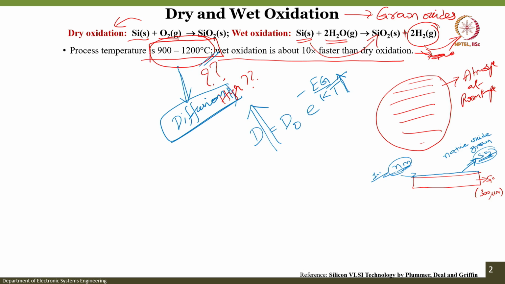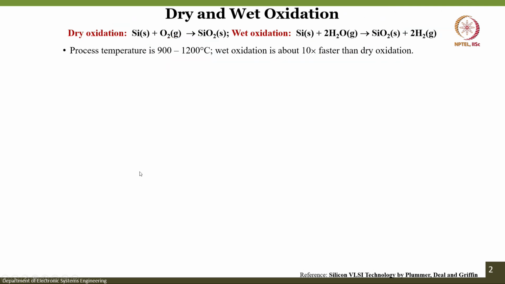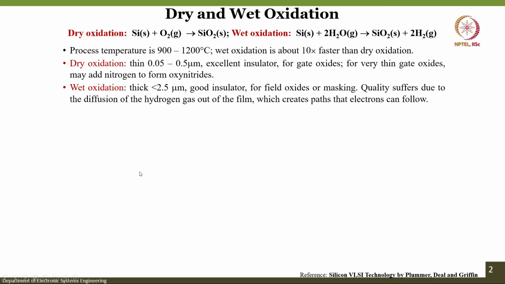Are you getting it? So at higher temperatures you will have higher diffusion, and that higher diffusion results in the thickness, and how they are connected, that is what our central focus of this lecture is. Now this dry oxidation is an excellent insulator, and you might have seen in the